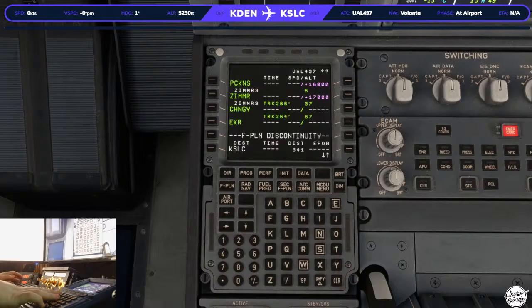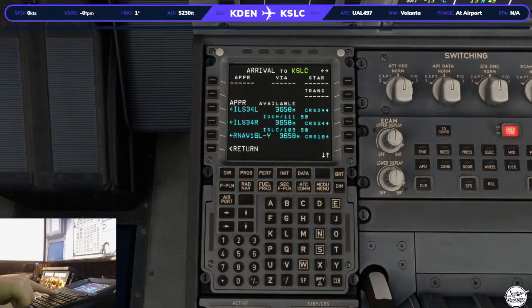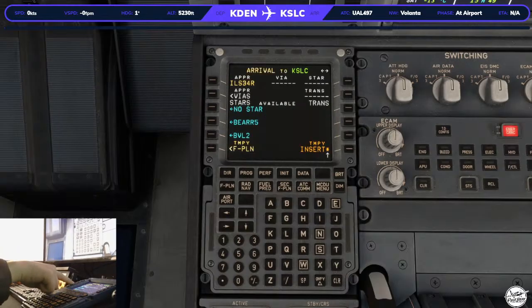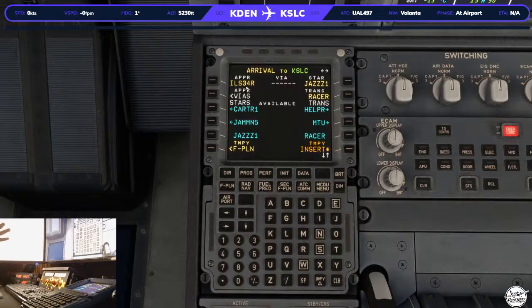And then we have runway 34 right, Salt Lake. Here, ILS 34 right, via the Jazz there. And we have the research position there. So basically when you get your route, your ATC will give it to you, put it in. So for an arrival, basically it's like flying in real life, you're coming in,